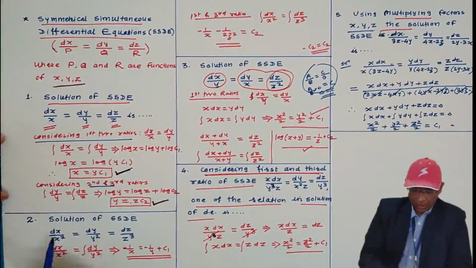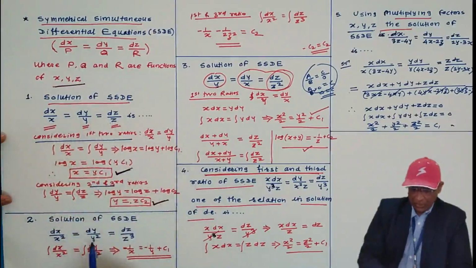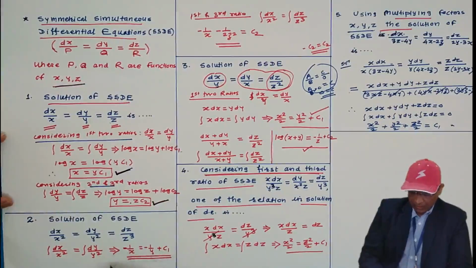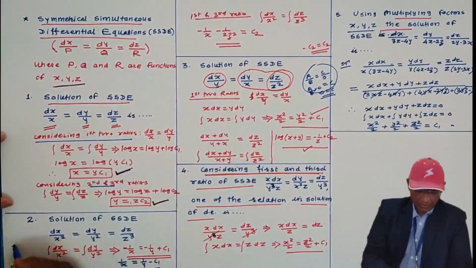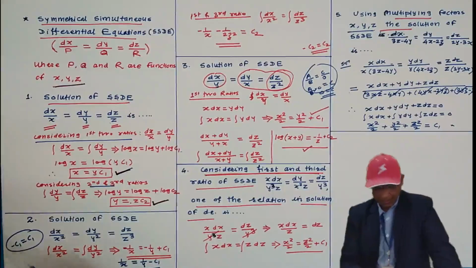Now, the same problem. Solution of symmetrical simultaneous differential equation. Here, the same situation is there. Only x, y, z are replaced by x square, y square, and z cube. Considering first two ratios, integrate it. Integration of 1 by x square is minus 1 by x, integration of 1 by y square is minus 1 by y, and integration constant is c1. Okay, you can throughout multiply by minus sign also if you want to multiply. Okay, you can do like that. And minus c1 is treated as c1 because general constant c1 and general constant minus c1 carry the same meaning.